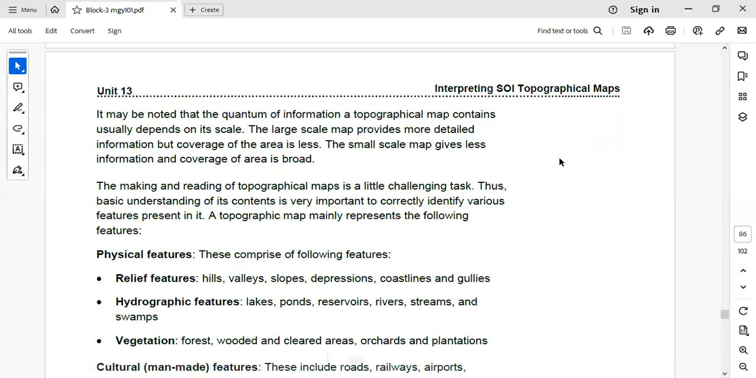So a topographical map mainly represents 2 types of information. Number 1 is physical features. So physical features include the relief features. The relief features are hills, valleys, slopes, depressions, coastline, and gullies. Then we have hydrographic features, that is lakes, ponds, reservoirs, rivers, streams, and